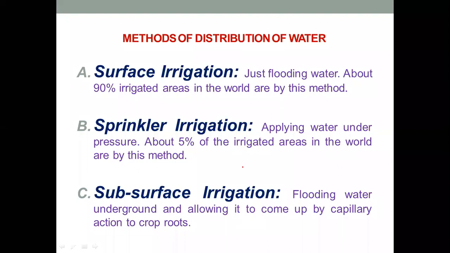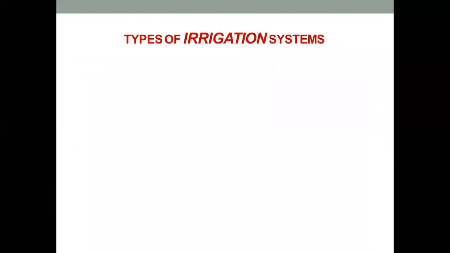So let's start the lecture. In the last lecture, we studied about the different types of irrigation system. Okay, and we saw how to design that irrigation system first based on the availability of irrigation water, and second based on the duration of irrigation. Based on these two criteria, we will design our different irrigation systems.